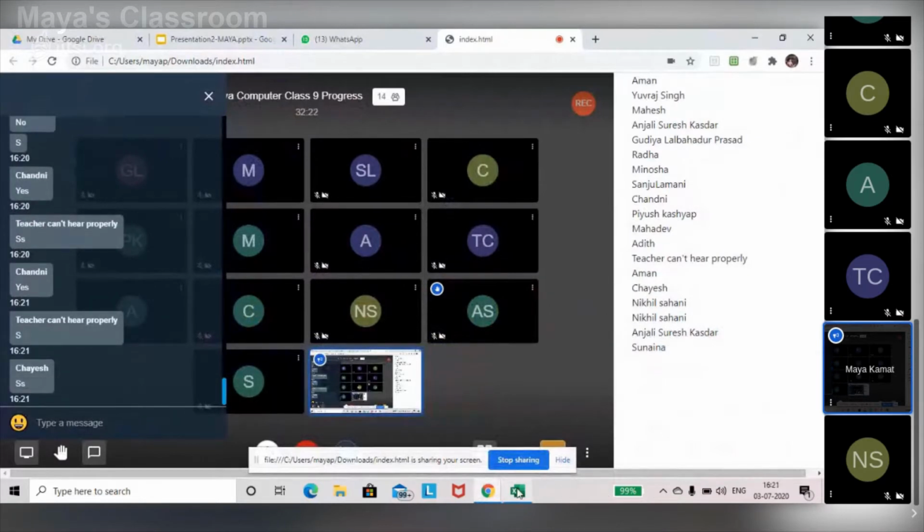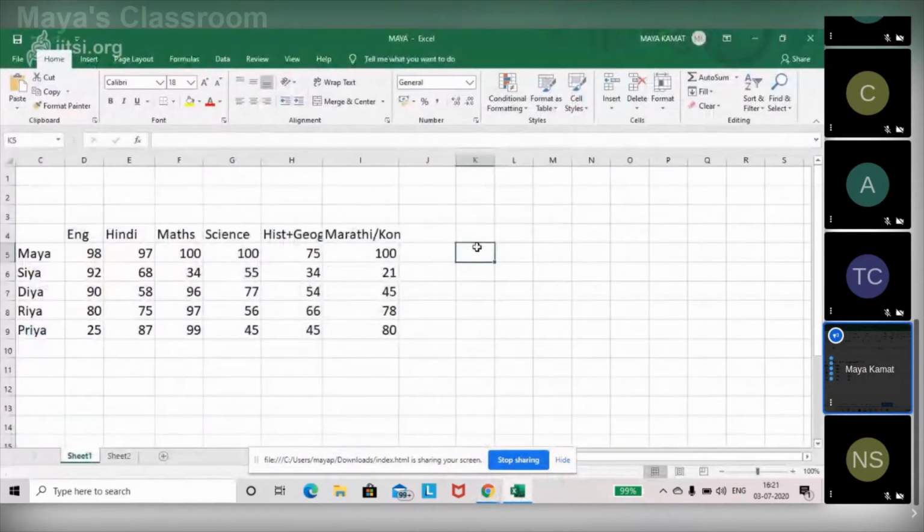To proceed further, today we are going to learn how to make entries for the formulas in an easy way. For example, let's say I want to make a result of every student, and I want to know along with that what is the total of a particular student for the entire term or the exam. So how will I do it?